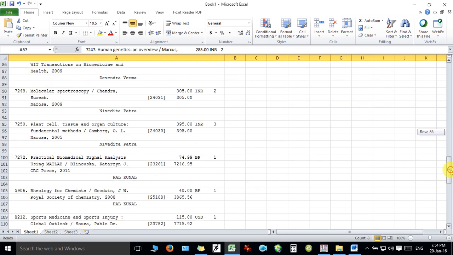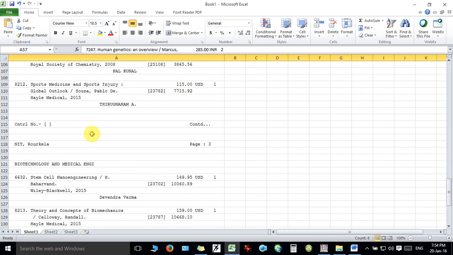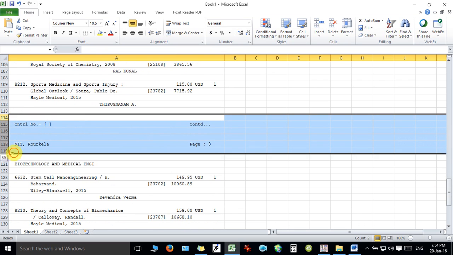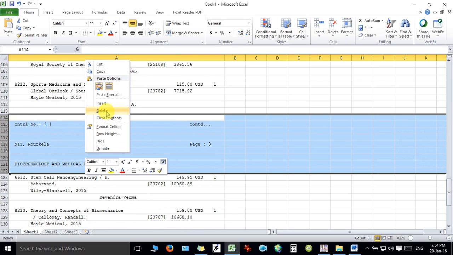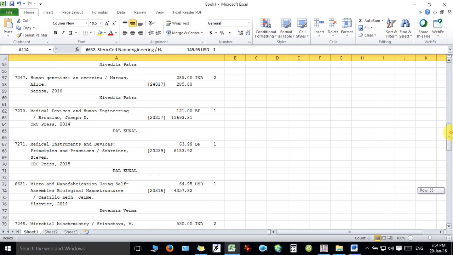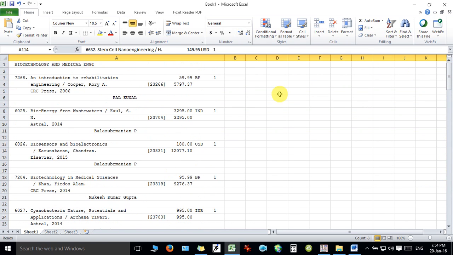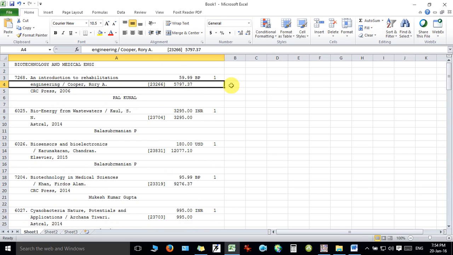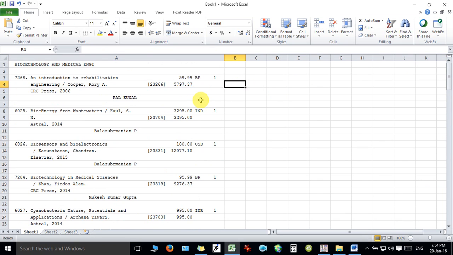So I'll just go after one page and find out where the information is which I don't need. I'll just remove everything from the file. So now my file is clean and I have to start the procedure now. In order to separate this particular quantity, you have to know how you can do this.